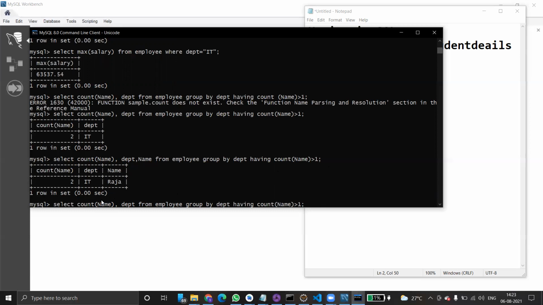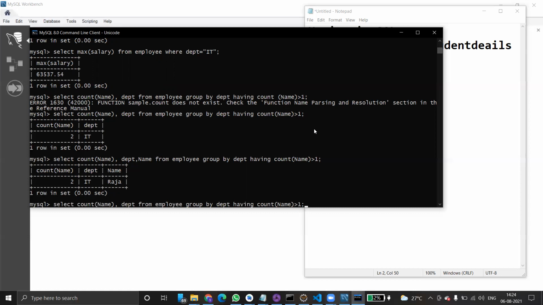Here we are listing the number of employees in each department where the count of the employees is greater than 1. So that's why we are using having, count of the name greater than 1. So this is how we use the having clause. Having basically lists the number of employees in each department.